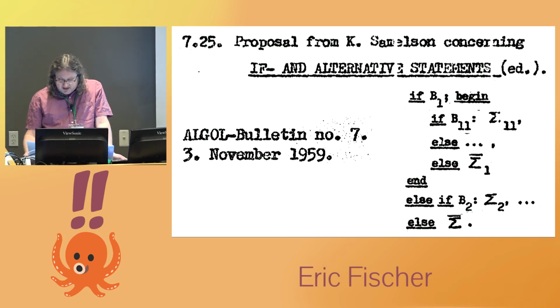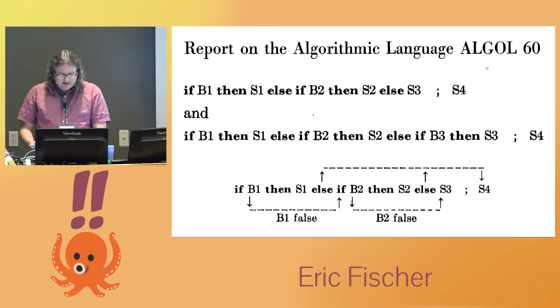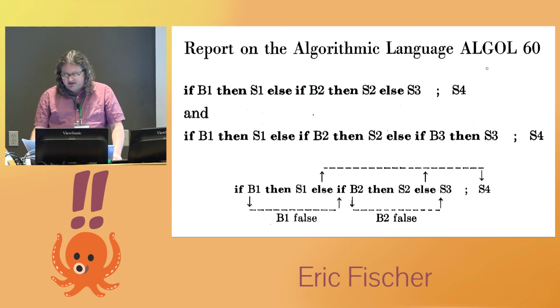You could chain conditions together with else if, just like the previous if-either had allowed with or if, but you could also use else by itself for a final set of statements that would run if none of the conditions had been true. If then else was the single conditional form that then appeared in the Algol 60 report the next year, and is the form that almost all subsequent programming languages have followed. Although it seems clear to us now, it was hard for people in 1960 to think about, and the report spends a page and a half explaining how it works, including this arrow diagram.